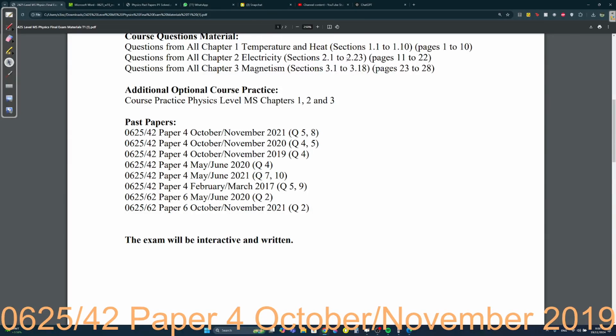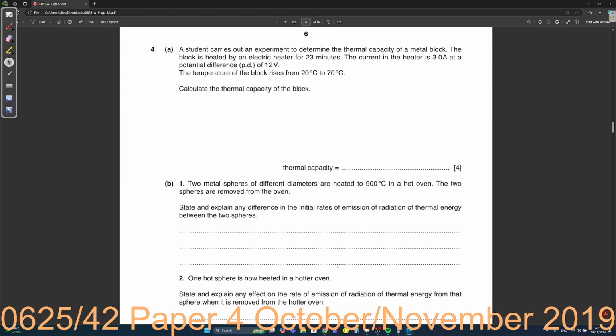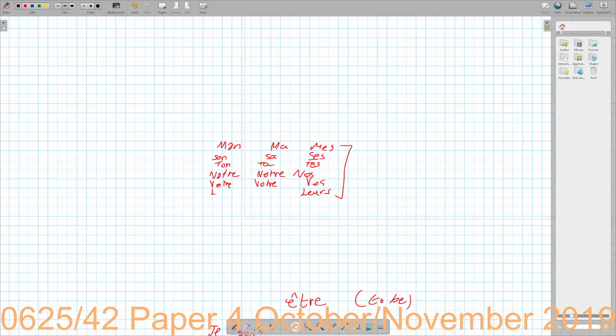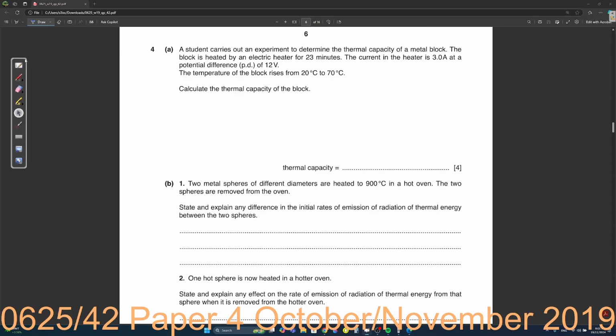Okay, this is IGCSE Physics 0625/42, October/November 2019, question 4. A student carries out an experiment to determine the thermal capacity of a metal block. The block is heated by an electric heater for 23 minutes, and the current is 3 amperes at